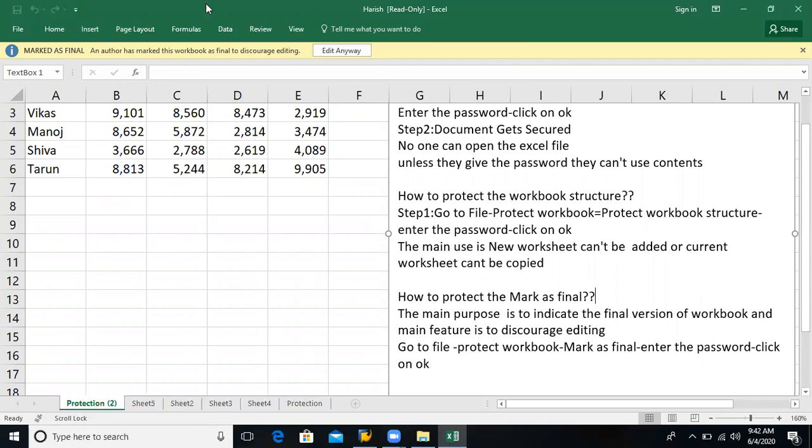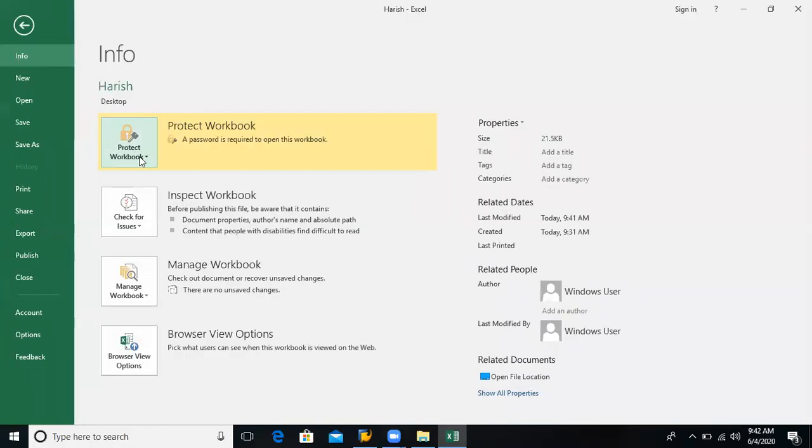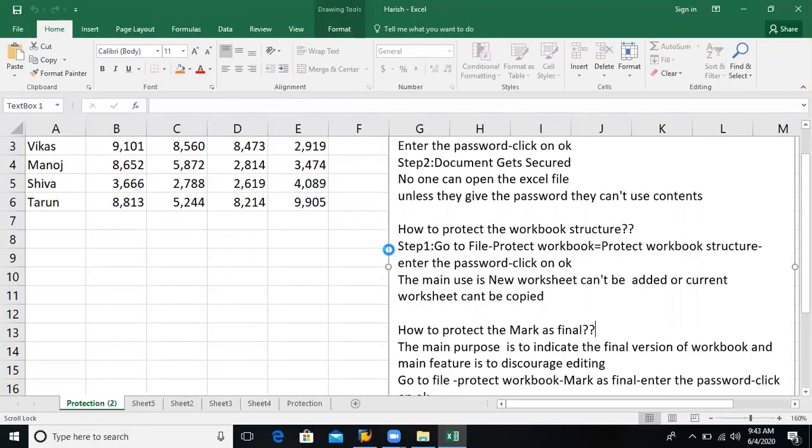If you want to edit, you can click on edit anyway, but before that the dialog box is going to show. You click on mark as final, click on OK.